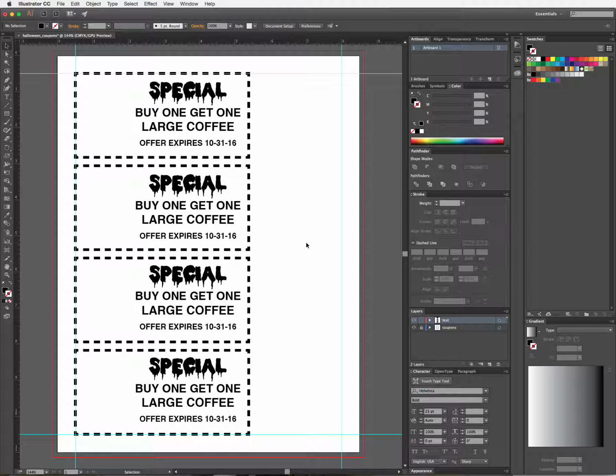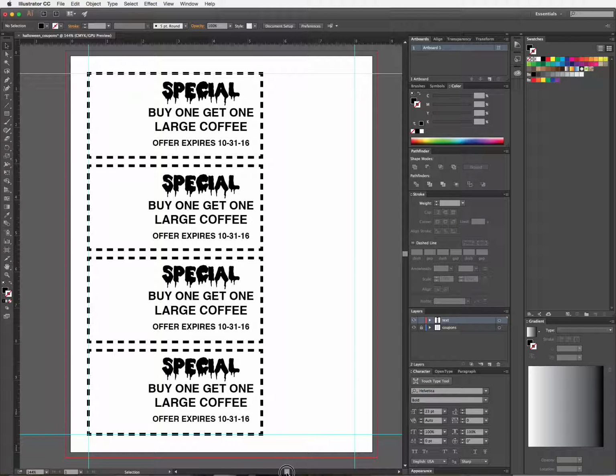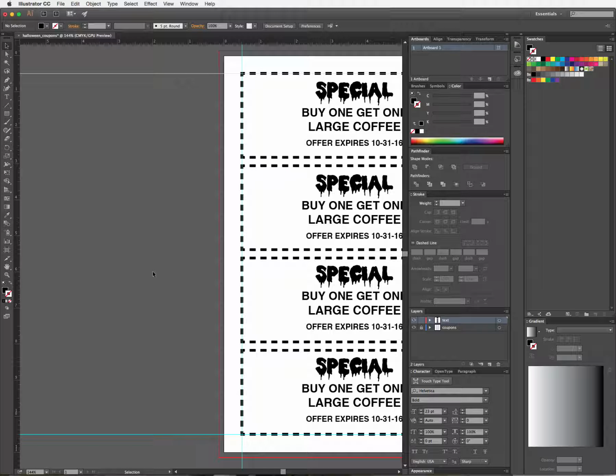Okay, this is part 2 of the tutorial that we're using to set up some coupons. Because these are seasonal coupons, we're going to put graphics that pertain to the end of October. I'm going to use my vector tools and possibly the pen tool, the pencil tool, to create some vector shapes, which I am going to do off of my artboard so that I can drag them in as I see fit. So some seasonal shapes that I normally see this time of year,